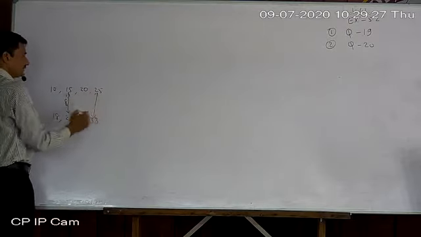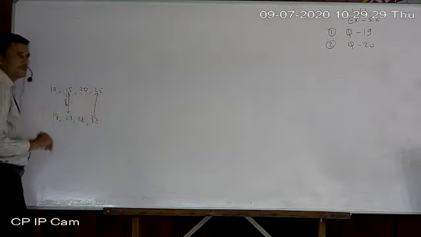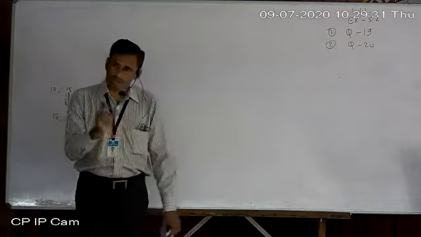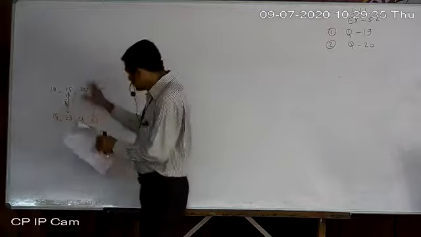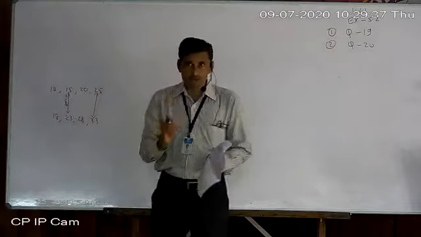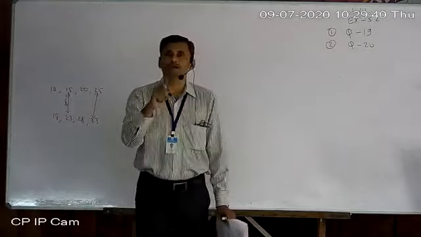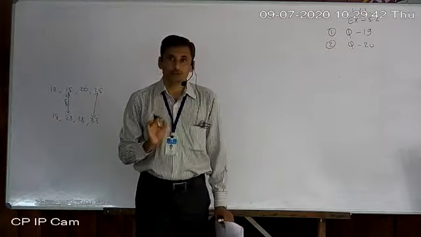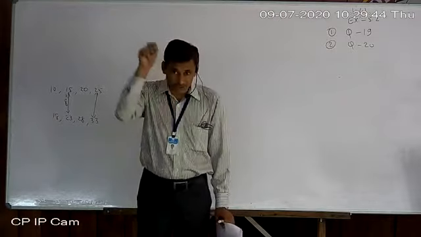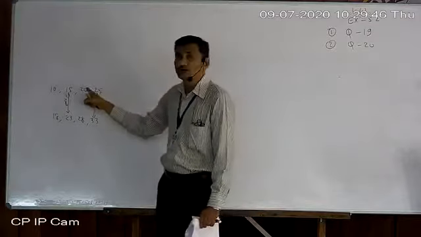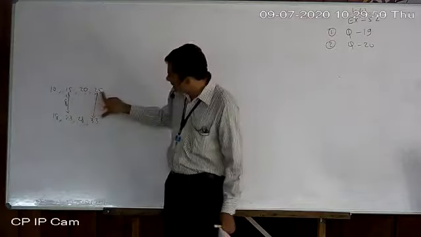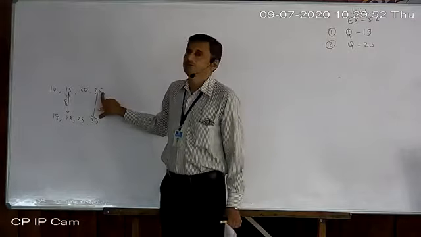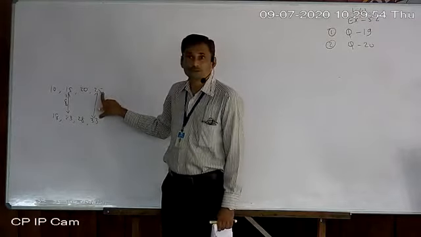Then here also the difference is 8. Here also differences, here also difference. The difference between both particular terms will remain constant if in both APs D is equal. So you understand? I am talking about that particular difference, whatever we call D. If D is constant in both, then the difference between the nth terms will remain constant only.